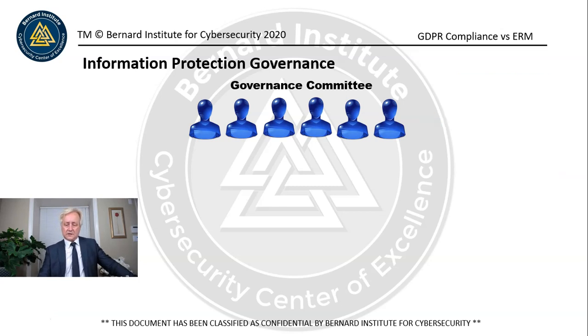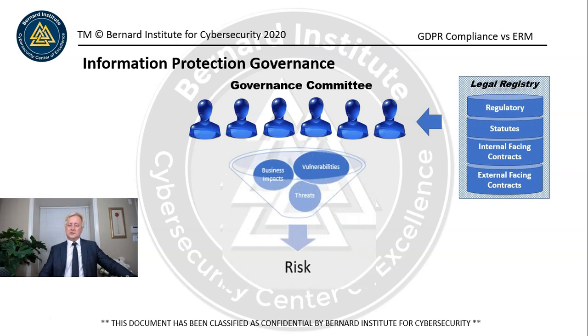And the governance committee will help to make decisions. So they won't do the business impact or vulnerability assessments, but somebody who's been assigned the responsibility for cybersecurity or for GDPR will be doing their analysis and presenting the results of their analysis to the governance committee for a decision. This is defined in the terms of reference. This is one of the inputs.